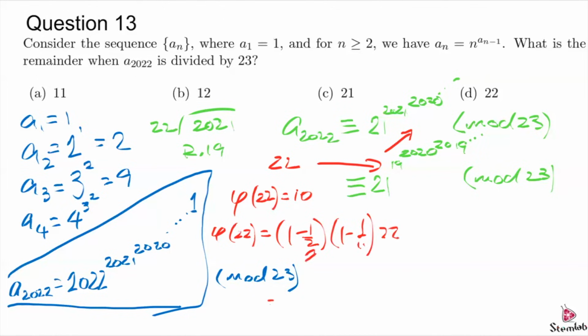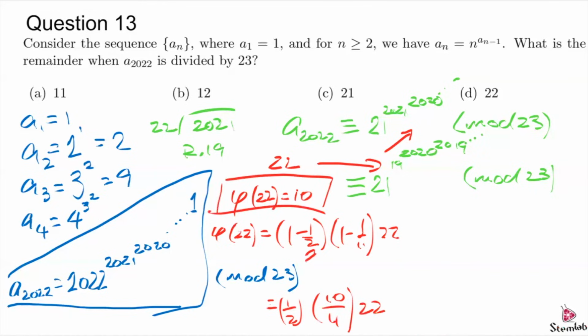So that gives you a half times 10 over 11 times 22, or phi of 22 is 10. Again, I encourage you to look it up. We won't be able to go through the whole thing here, but that means that whatever expression is below, if this is raised to some grouping of 10, it will just give us